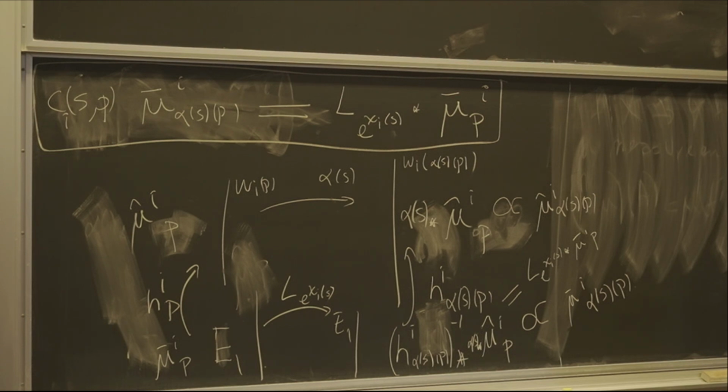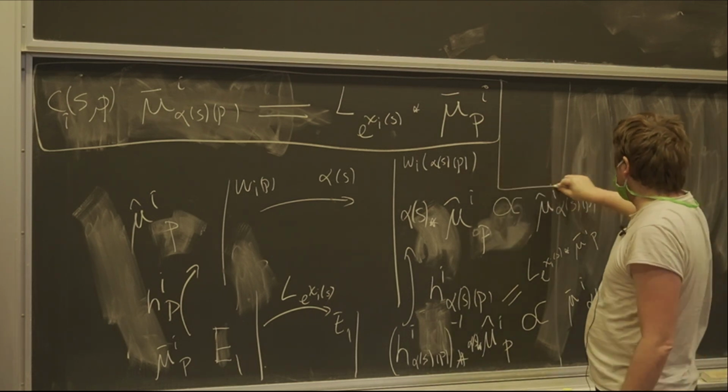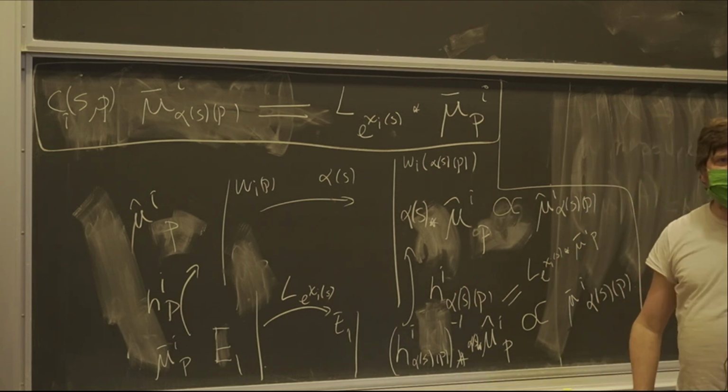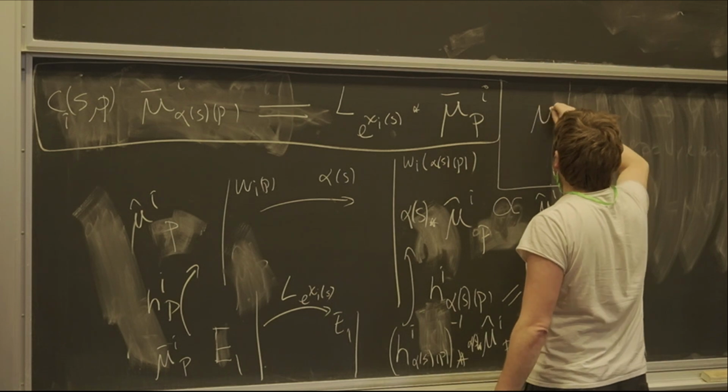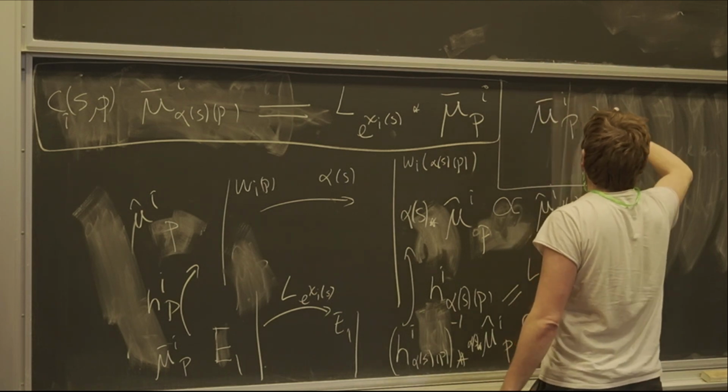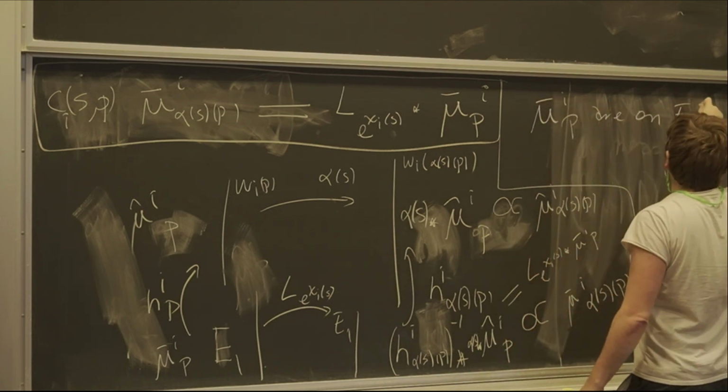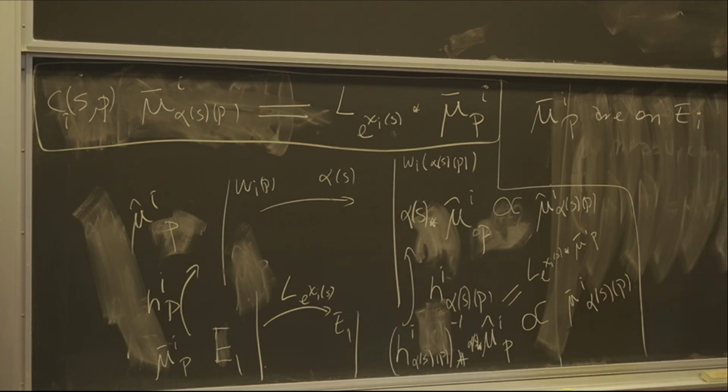So the bars are on the linear space? Yes, the bars are on the linear space. I don't know if this is good notation actually, but the bars are on linear spaces. So mu bar i P are on P_i. Now,